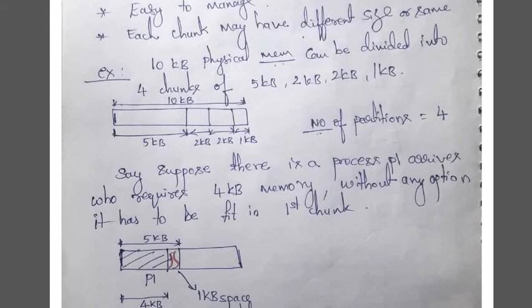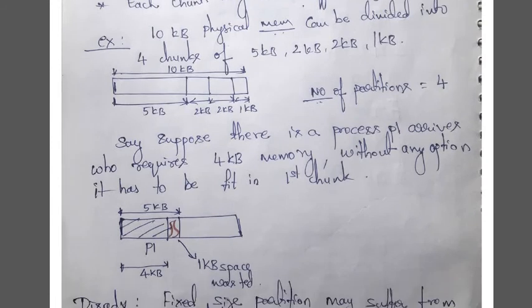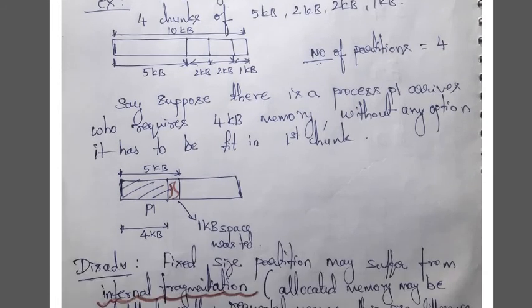Say there is a next process arriving with again 4 kilobytes. It is not possible to proceed with the second request because the second chunk is of size 2 KB, the third is 2 KB, and the fourth is 1 KB. Even though you have 5 kilobytes remaining in total, we could not service the second request because it needs a 4 kilobyte block to fit in. So then what is the disadvantage?